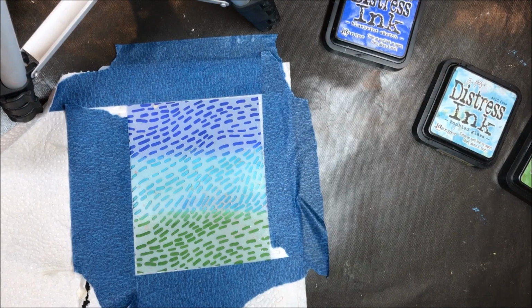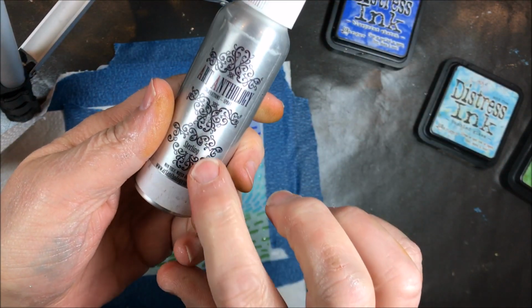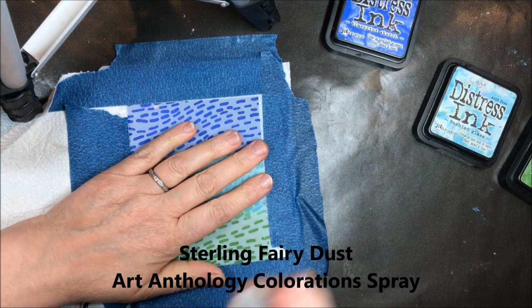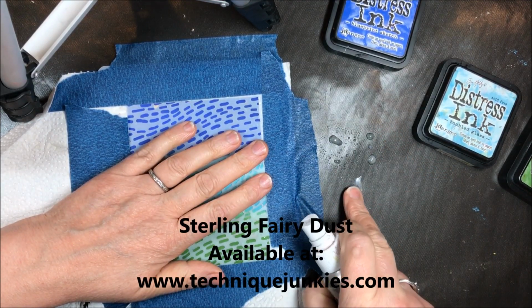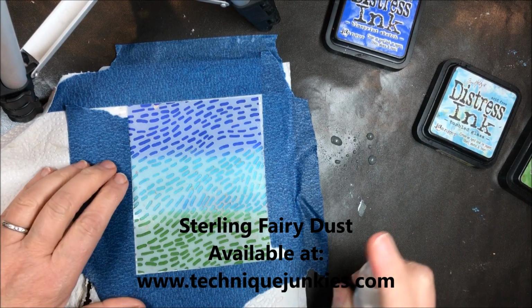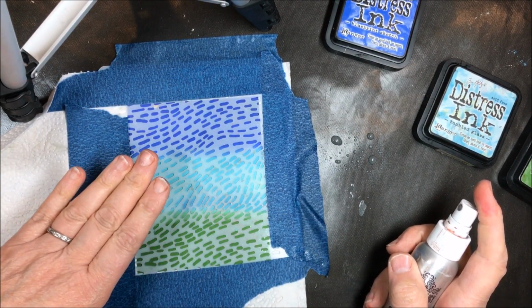So now we're ready to spray, and I'm using Art Anthologies Sterling. The color is here, and it doesn't look like much on the label, but if I spray it on the work surface, you'll see it. It's really a beautiful shimmering color there, or shimmering lack of color. It's called a fairy dust. So by putting the fairy dust over the top of this, what will happen is it's going to sit through the holes in the stencil, and it's going to give us a beautiful